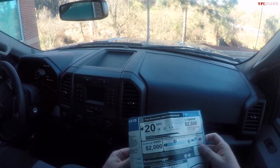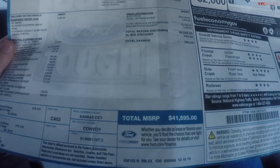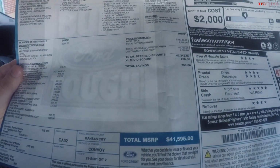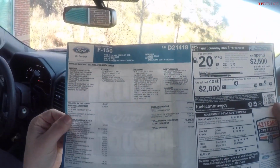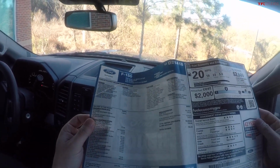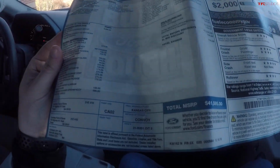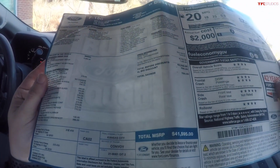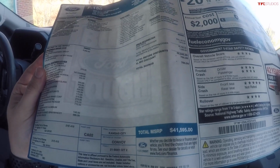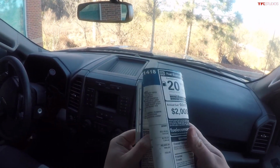So let's see, I've got the window sticker here. I don't know if you guys can see that. So Ford says the MSRP of this truck is $41,595. And what I ended up paying for it out the door was about $34,000 with Ford's 0% financing offer. So I paid about $34,000 for this truck, not $41,500, but I feel like that's a decent value considering what